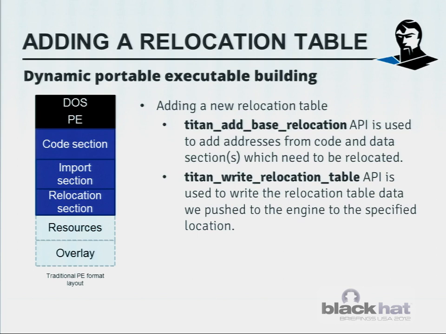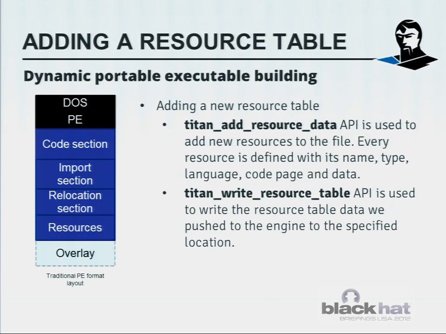Same story goes for relocations and resources later on. So you basically just add base relocations for every address you want to relocate. And when you're done with adding all the addresses which need to be relocated, you just write that table. Same story goes for the resources. You add resources, and resources can be added by name, type, language, code page, and so on. That's all the data you can customize, including what the actual resource is. So as soon as you add that data to the resource section, you can just write it,